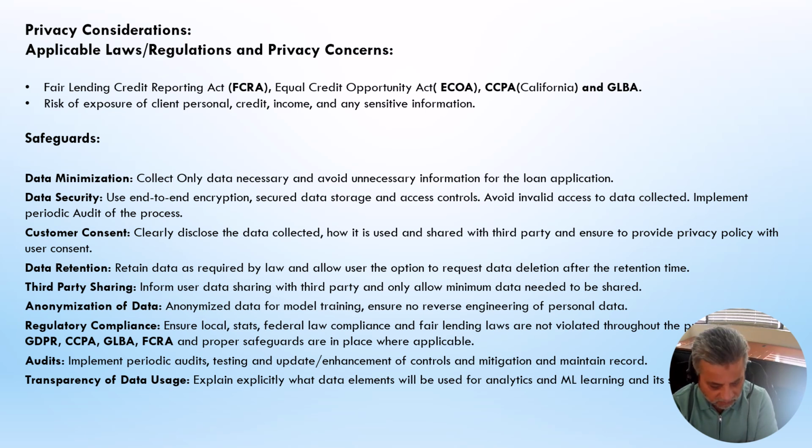We have to implement the audit of the data and the access controls in place so that the data is not exposed unnecessarily to other people, and it's safe, and the audit will find out how secure the data is. Transparency of the data: explain explicitly what data elements will be used for analytics and machine learning,